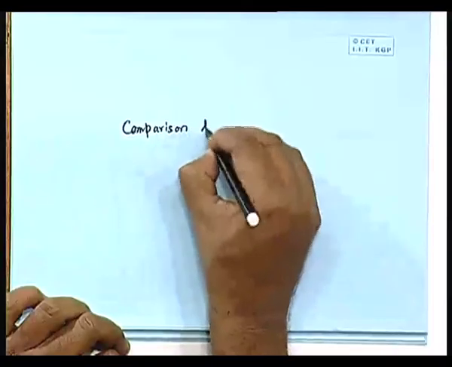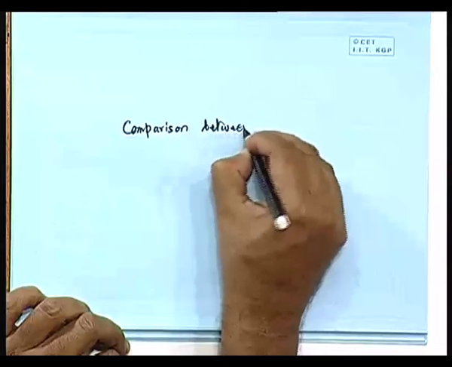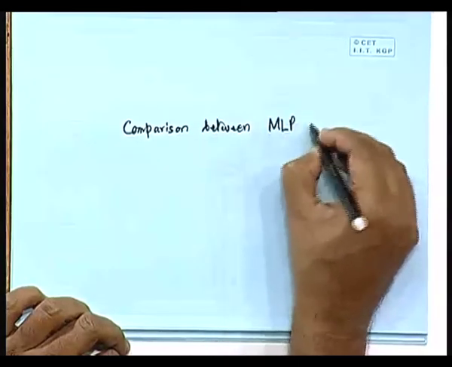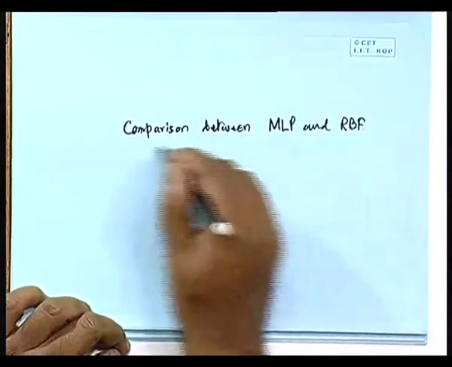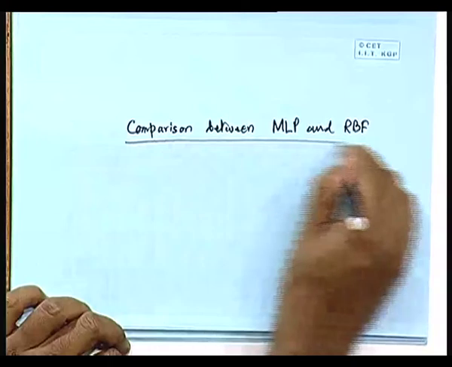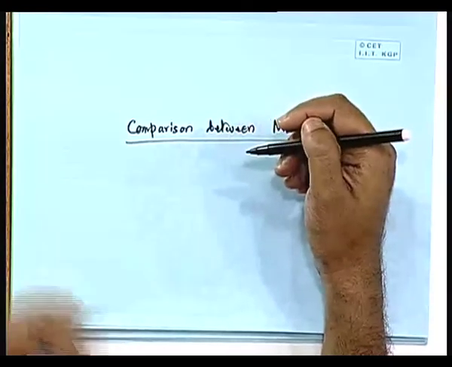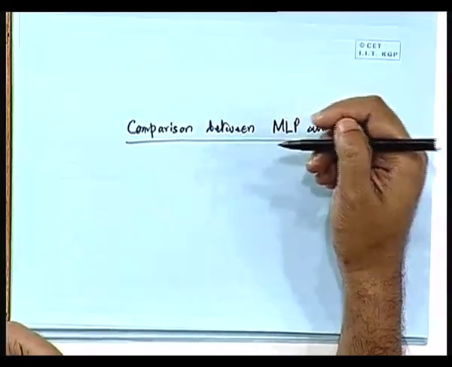The title of today's talk is comparison between the multilayered perceptrons and the radial basis function networks, which we have discussed over the past few classes. Now, this comparison aspect is not going to take much of our time, but we need to discuss some of the things pertaining to our last discussion only, because towards the end of the last class we were